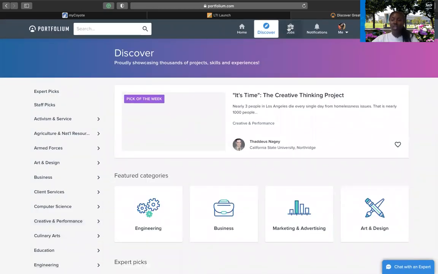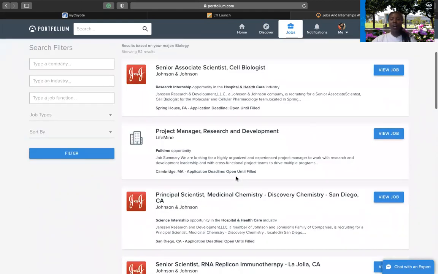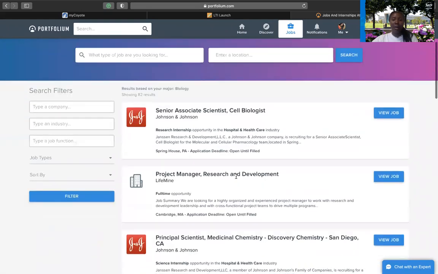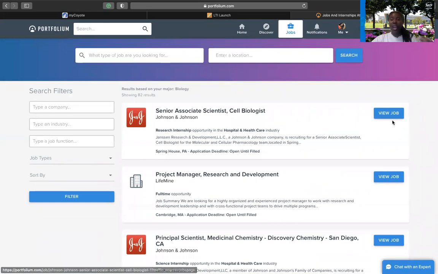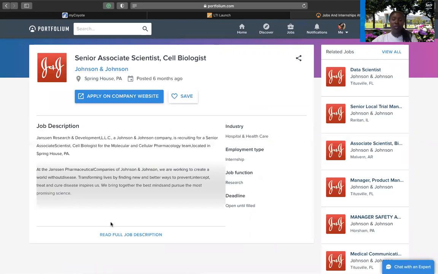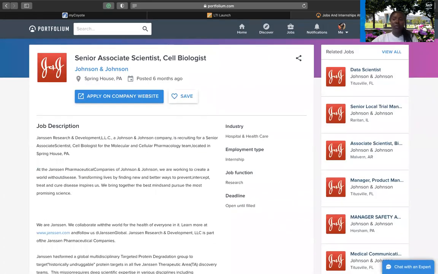Also, if we click on jobs, this is really important as well. If you click on jobs, it shows you a wide variety of jobs. And let's say you're interested in senior associate scientist, you can view the job, and it gives you a description. You can also get a full description of what the job entails. On the right-hand side here, you can see related jobs, and you can see the job type. You can see that it's an internship. It's an internship, right? It's research, and